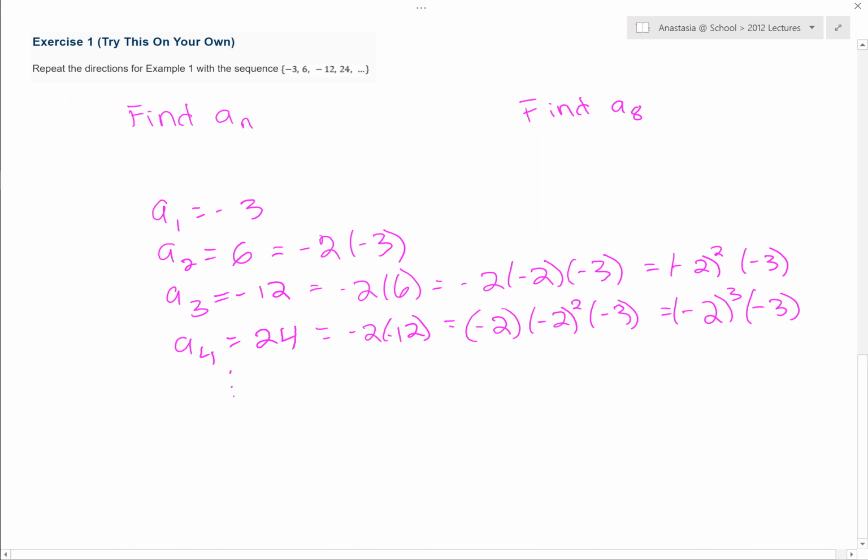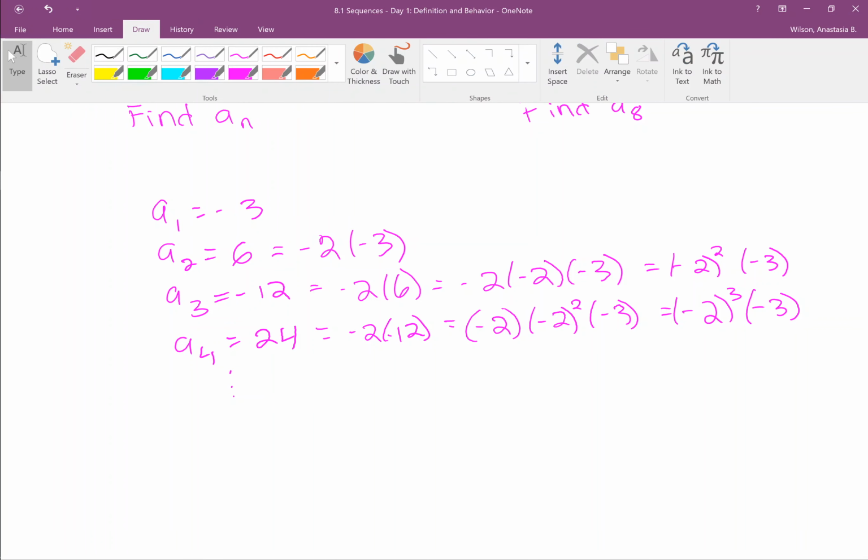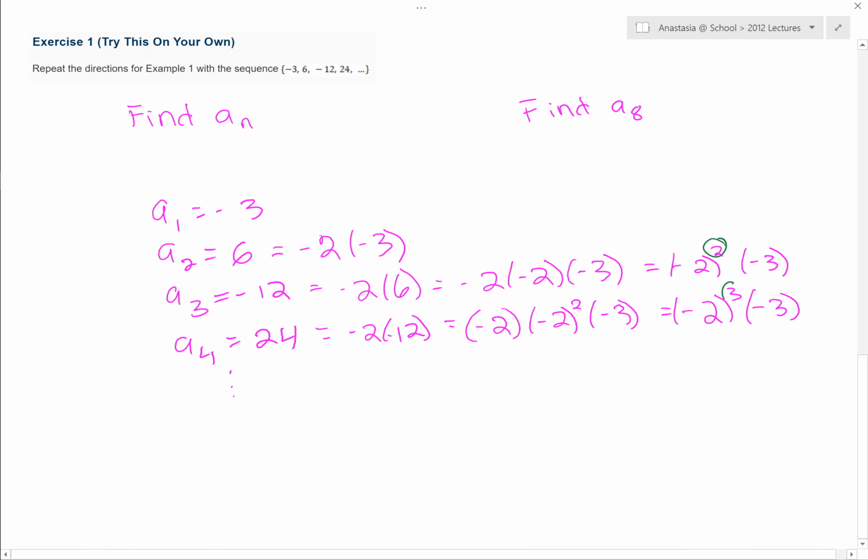times -3. Now, if we start comparing our patterns, we have -2 cubed times -3, -2 squared times -3. So the only thing that is different between those two is just our power. The -2 stays the same, the -3 stays the same. If we compare that to the previous one, notice that we could write this as -2 to the first. So again, it's just our power that changes. And if we continued that pattern to our first term, we could write this as -2 to the 0